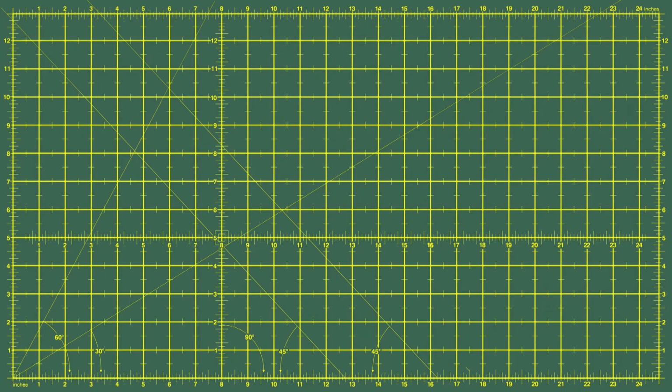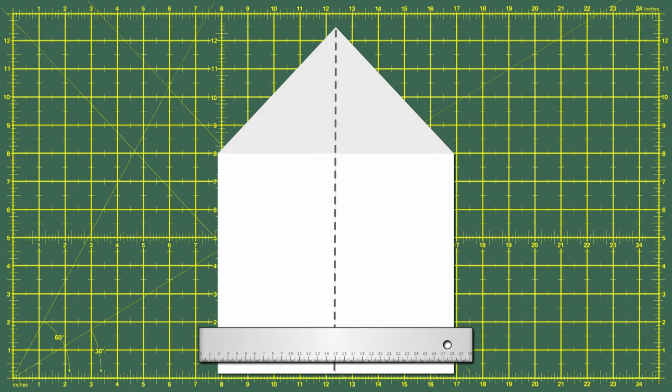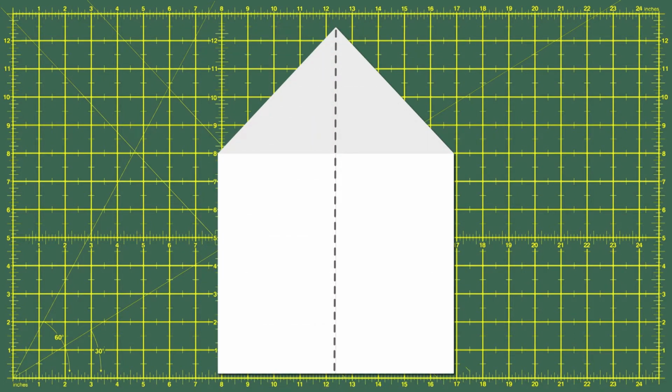Here is a guide to making a nice glider using a few simple folds. Get your rectangular piece of paper. First, carefully fold the piece of paper in half lengthways to make a crease along the centre line. Unfold the paper so it's flat again. We will use the crease we made as a guide. Now carefully fold each top corner in until it reaches the centerline crease you made earlier. If you run your finger or a ruler along the fold you've just made, it will make it nice and